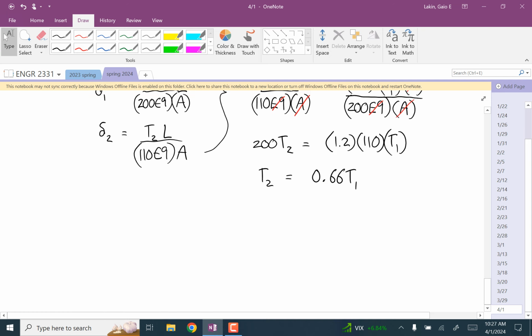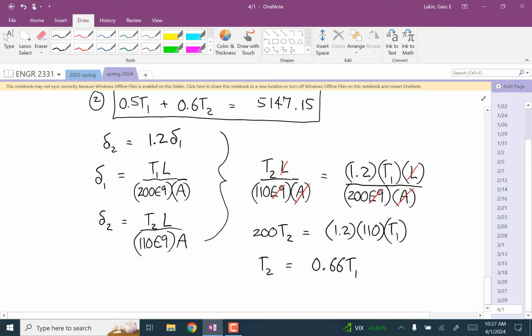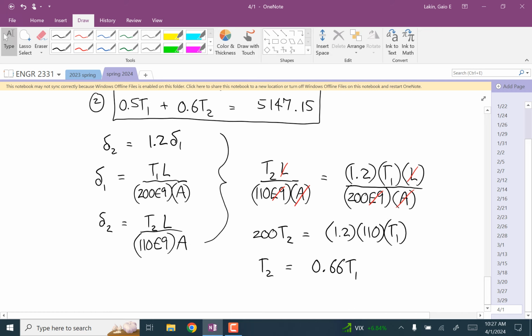This time, since it's a weaker material, even though it's farther out, we're going to see that the tension in that copper cable is smaller than in T1. So now you can take this back to equation 2. You get 0.5 T1 plus 0.6 times 0.66 T1 is equal to